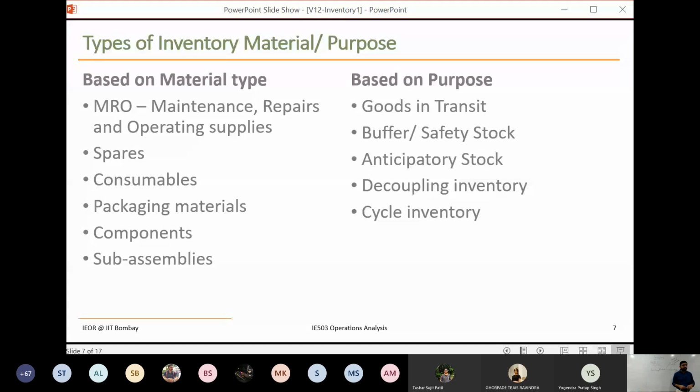Then you have other terms like components and sub-assemblies. Sub-components are any small component which helps make a bigger product. Sub-assemblies are when you put some things together, but it's not the finished product; that entire unit itself you can then call a sub-assembly. These are phrases typically used for things somewhere in between, or as part of the work in process. These components and sub-assemblies come, maybe some raw material also, but mainly as part of the production process.